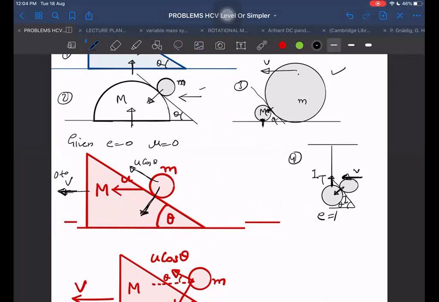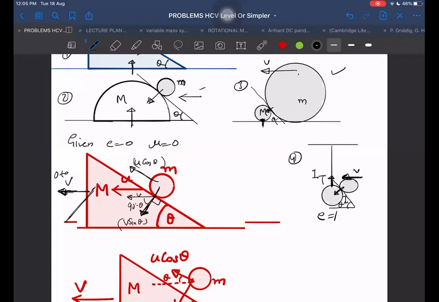Along this direction, its velocity will be the same as the velocity of the wedge along the same direction. Along this direction it will be V sin theta. This is a 90-degree angle, so this is 90 minus theta. If you are able to tell it is 90 minus theta, then you can say the component of velocity in this direction will become v sin theta. Yes, you are right. It is v sin theta. So it has u cos theta in the inclined direction and v sin theta in the perpendicular direction.